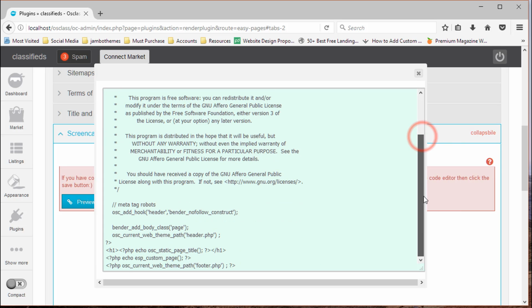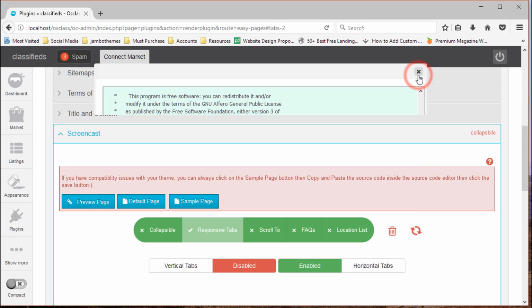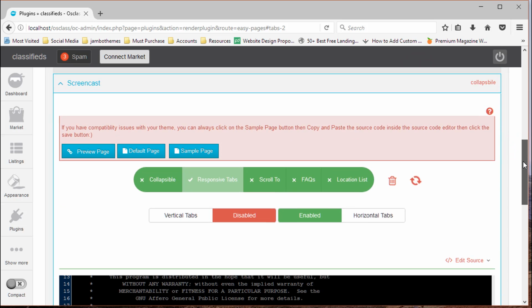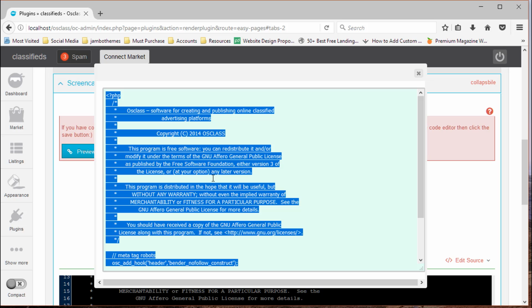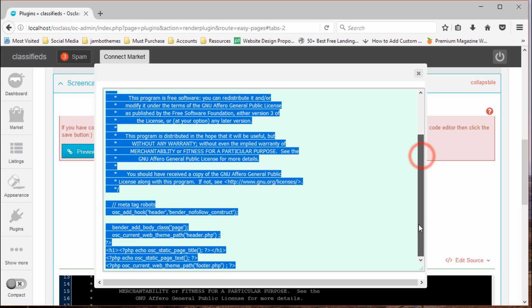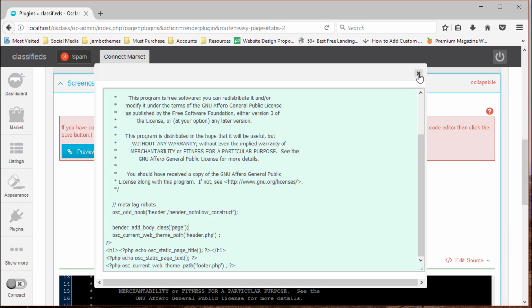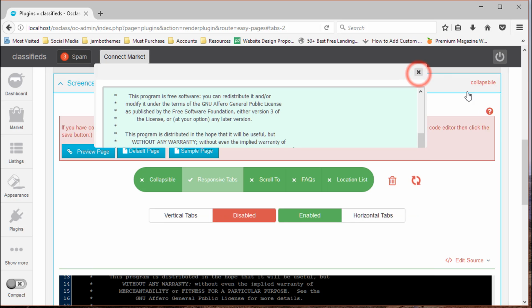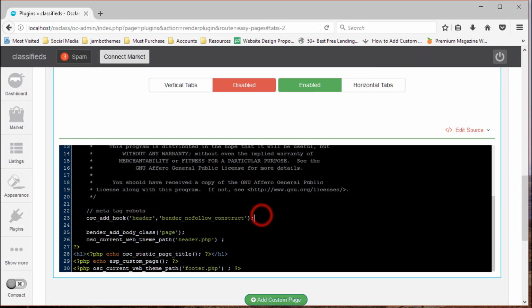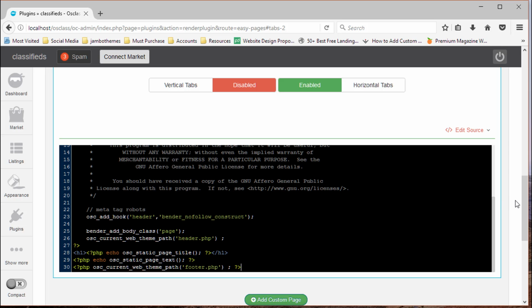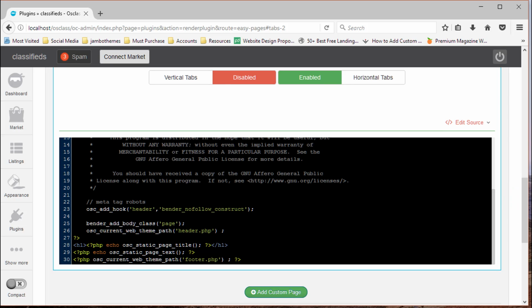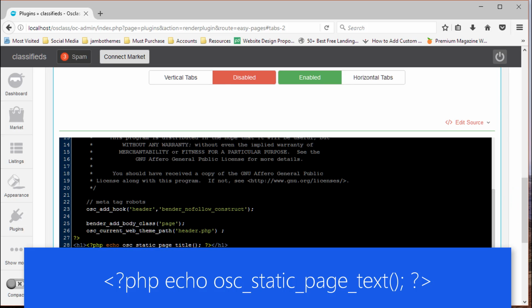Here is the code. So in most cases, if your page was not generated successfully, all you have to do is come and copy the default page, which is your OS class default page for all your static pages. So all you have to do is select, go to your source code and copy it there, then come and replace this with